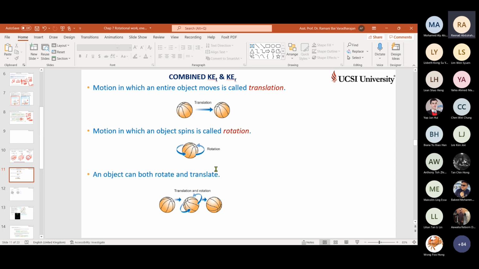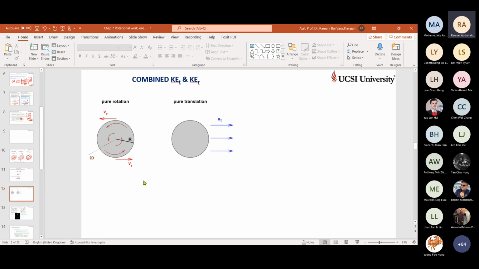It is spinning itself and also revolving. I give one more example. Just now, the tennis ball when you throw it is also rotating. It is not just going like this and reaching another part. There is a movement linearly and also rotating itself. Earth is a good example. It spins itself and also goes around the sun. So when you combine these two, this is pure rotation, this is pure translation.